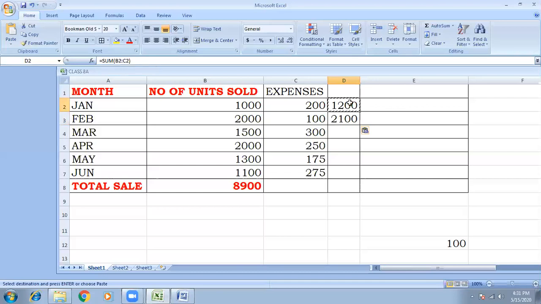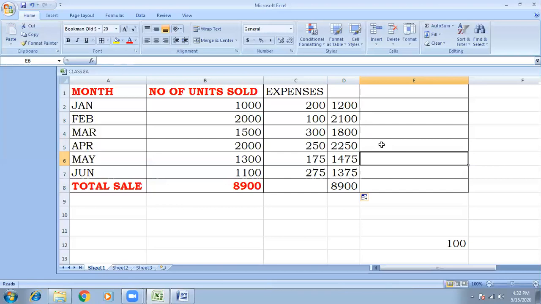Here the formula is equal to SUM B2 colon C2, but here the formula is SUM B3 colon C3. Same formula: if you copy it downward, the reference will change downward. Now you can see each and every row has a different answer, because the cell reference automatically changes relative to the cell.